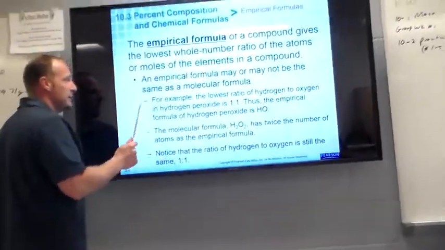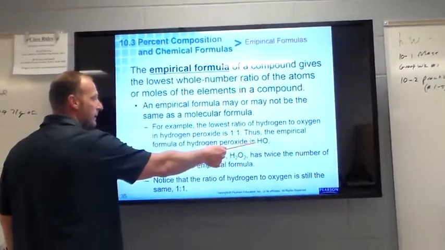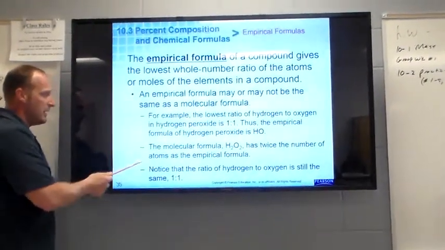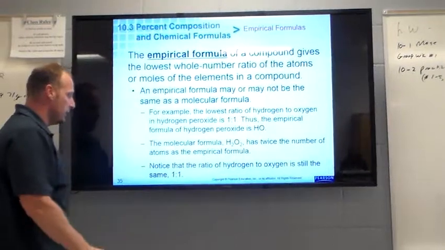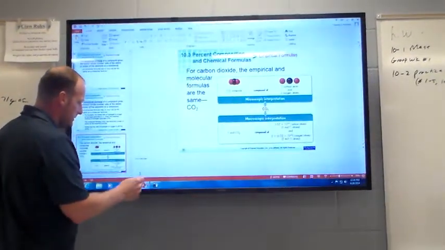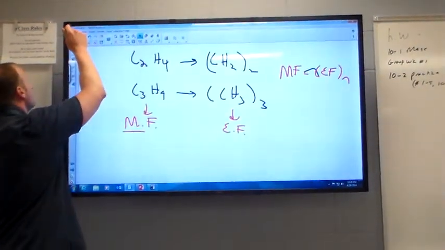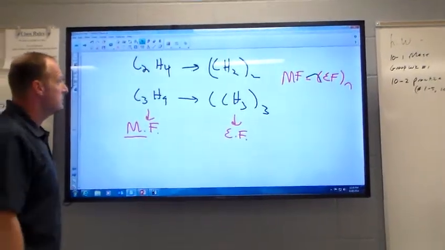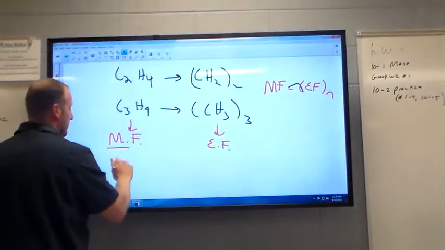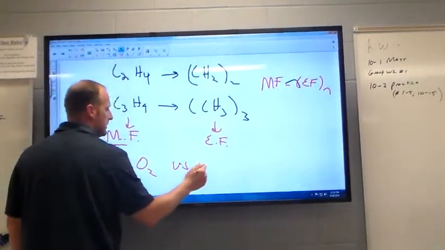So for example, what's the difference between an empirical formula and a molecular formula? We have HO as the empirical formula of hydrogen peroxide. The actual formula of hydrogen peroxide is H2O2, as you see here in the notes. And so I can compare the two. If I have H2O2 versus HO,